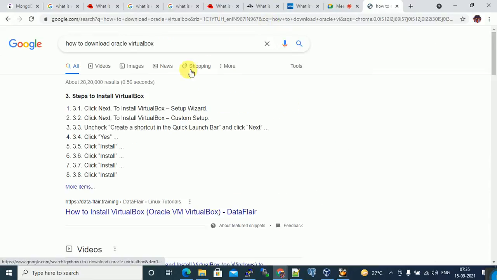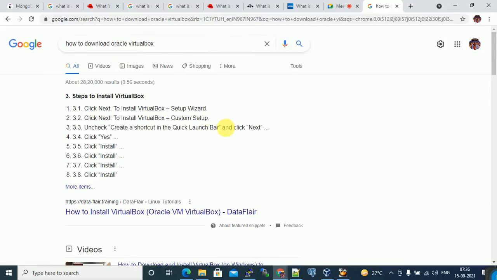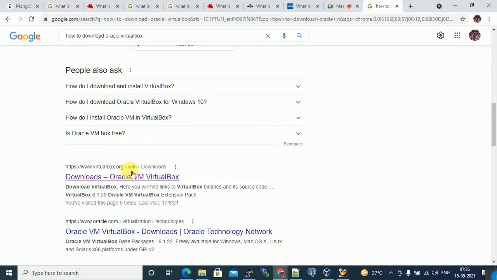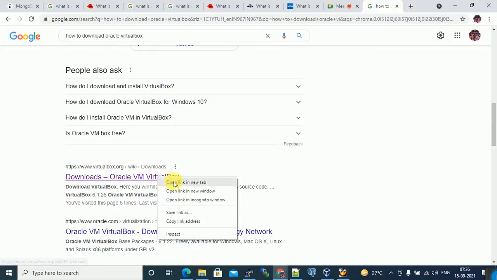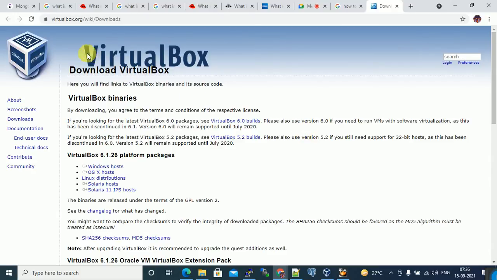Oracle only. Download Oracle VM VirtualBox. Open a new tab, and there you can download the software.